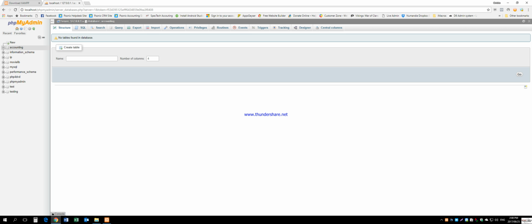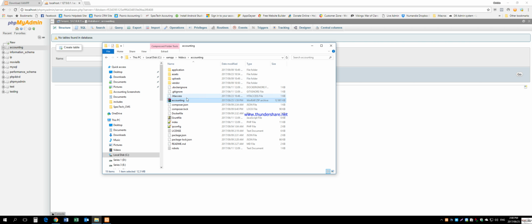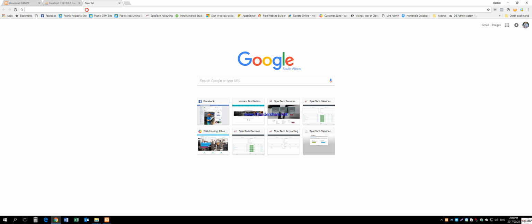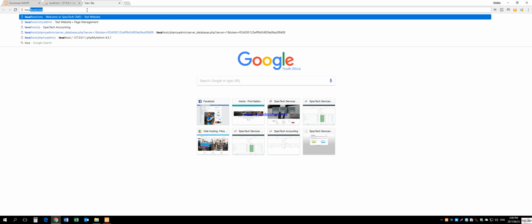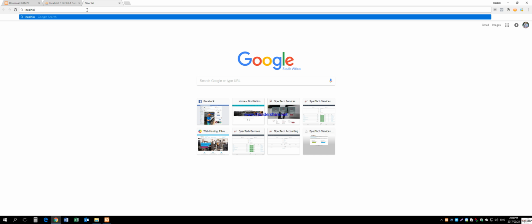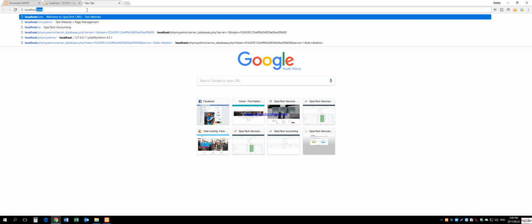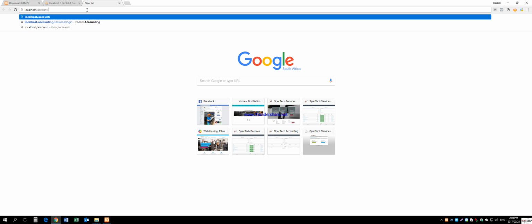So once you've extracted all the files into the folder, and you created the database, you can go in your internet browser and type in localhost